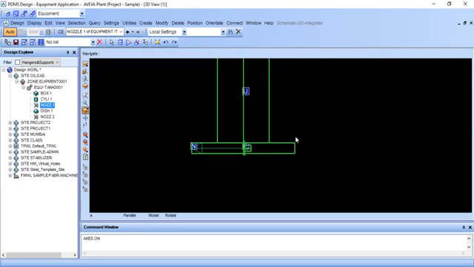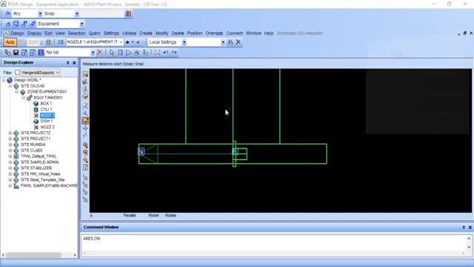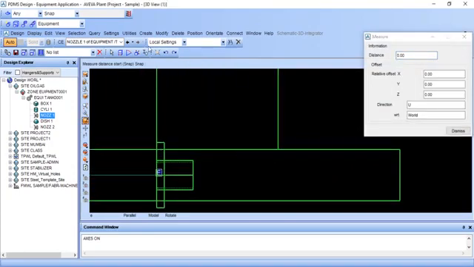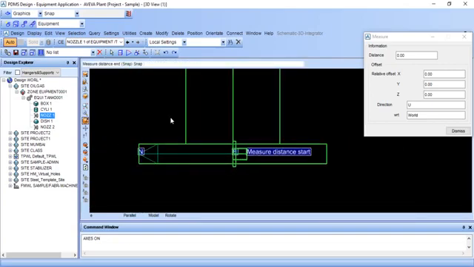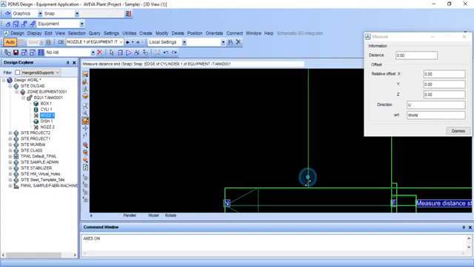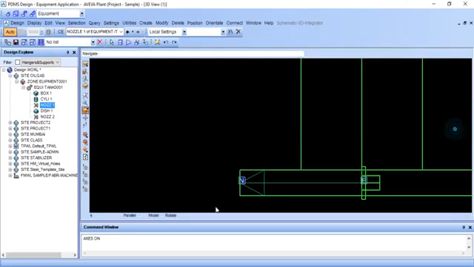In east it is clearly visible, and we don't know the distance between this face and this face. So we will measure. Go to this and just apply here graphics and click this surface and match this point, and click this surface and match this point. So here distance is 650. So we want to move in north side by 650, by north 650.